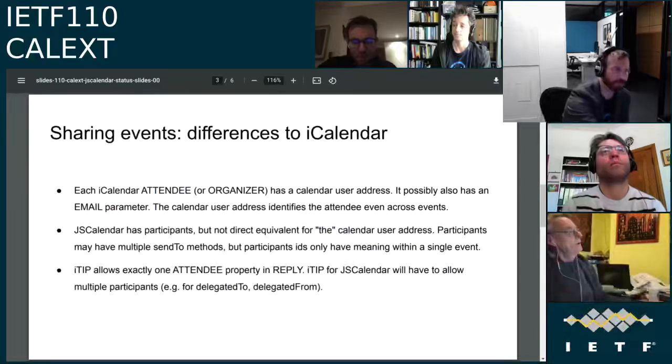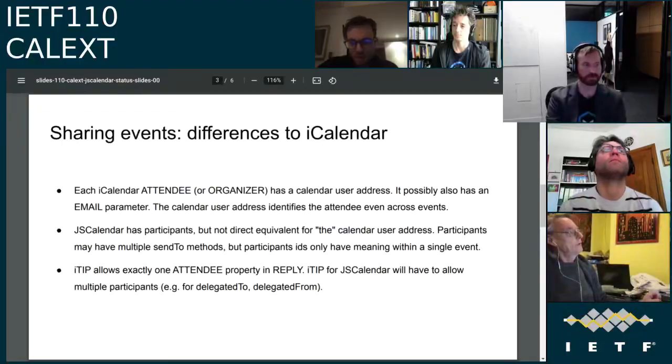But otherwise, as I said, I think the sendTo does map. If you're mapping from iCalendar, there will only be one value. If you have multi values, well, that's because you're using features that aren't currently available in iCalendar. So it's just richer. Well, not necessarily, right?